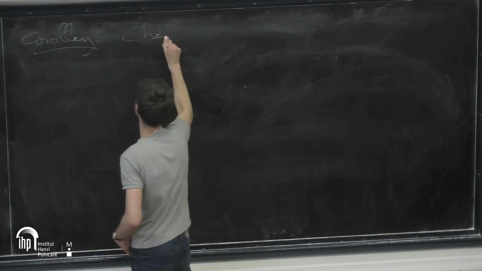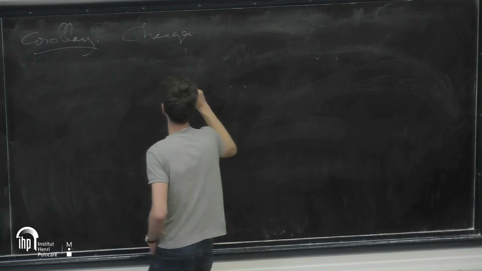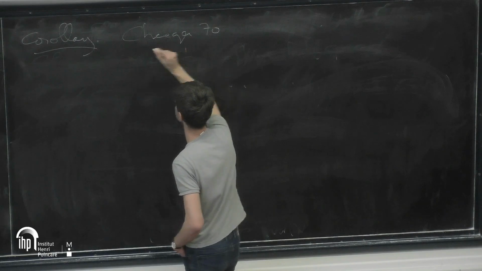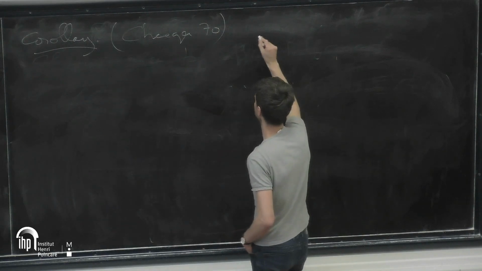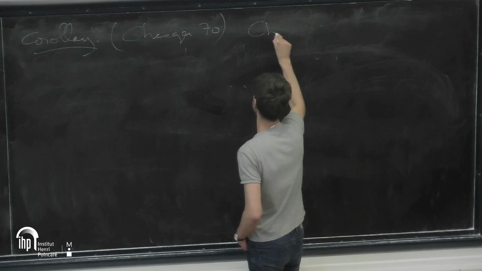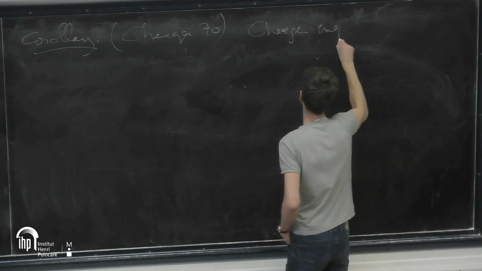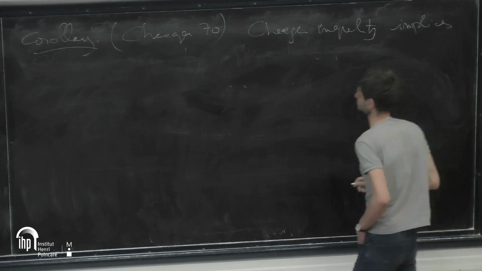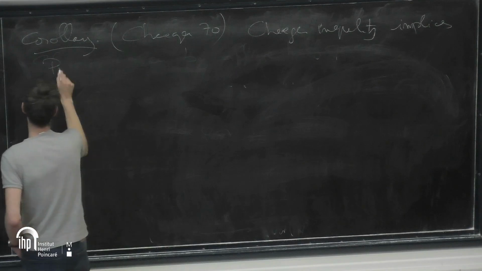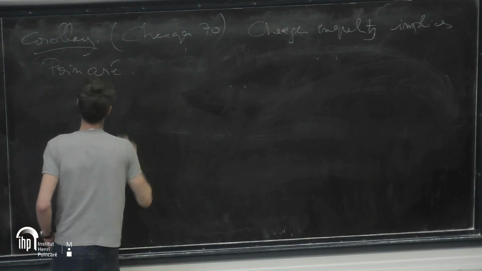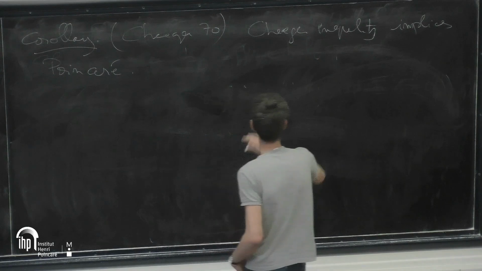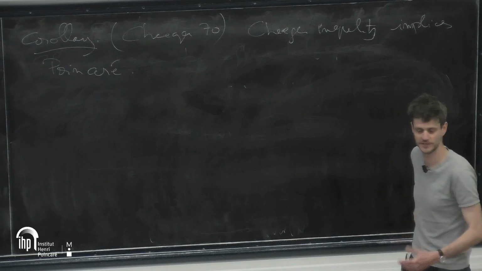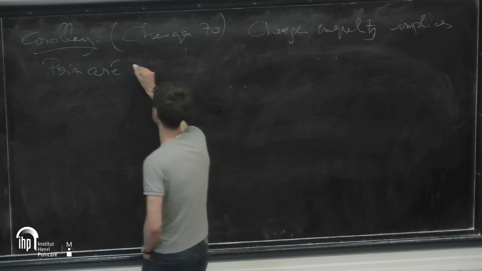So Cheeger. This is a result of Cheeger, by the way, from maybe the 70s. So the Cheeger inequality implies Poincaré. This would be the qualitative statement, and there is a quantitative statement actually, and moreover